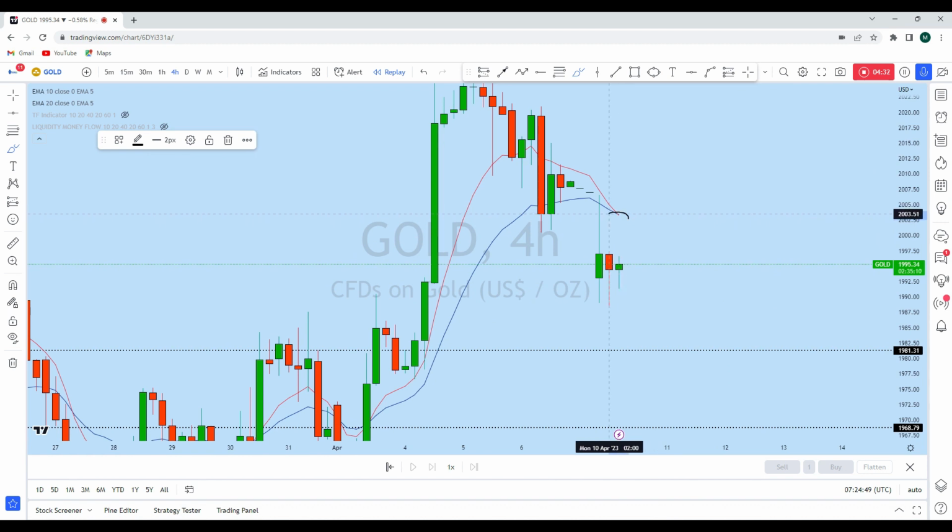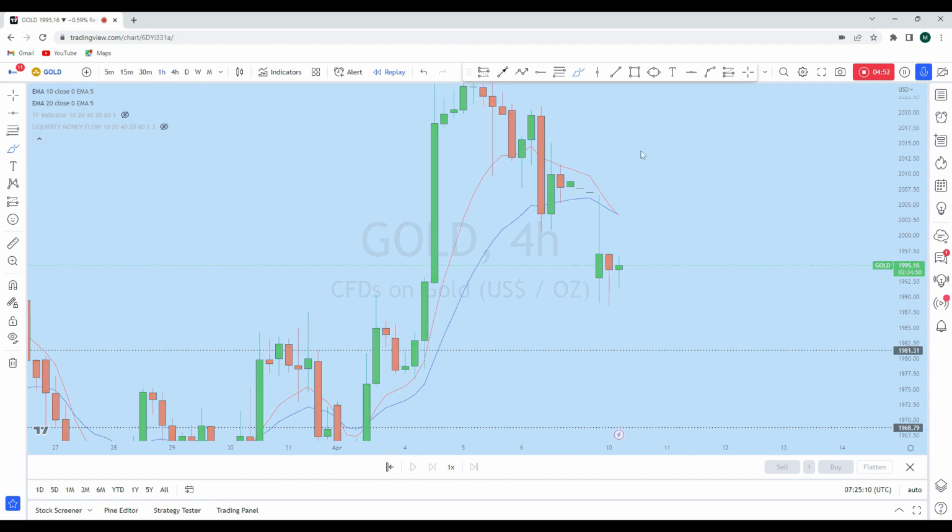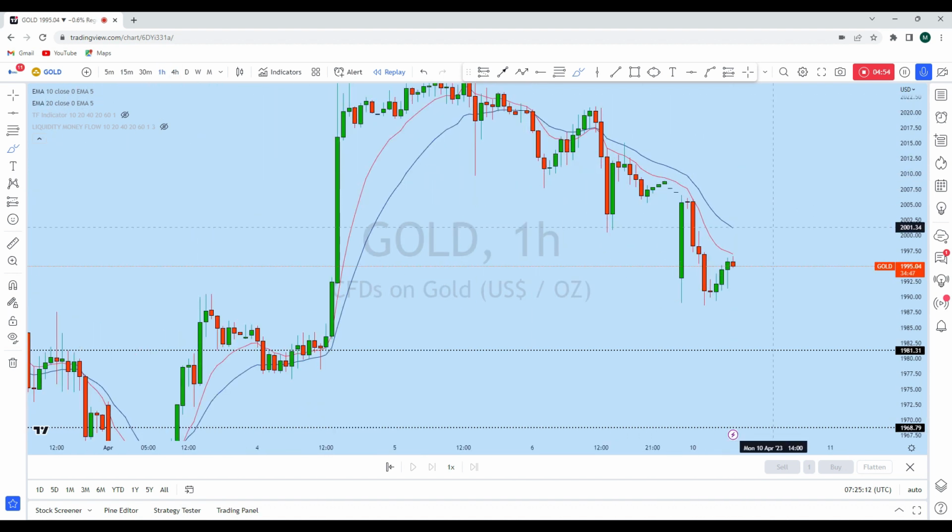There is another probability for gold on the lower time frame to test this zone where there is the 20 EMA and 10 EMA crossover. What I think is that on the lower time frame we could see a pullback to the upside later today, and from this zone we can expect gold to continue to drop. Even if we look at the further lower time frame